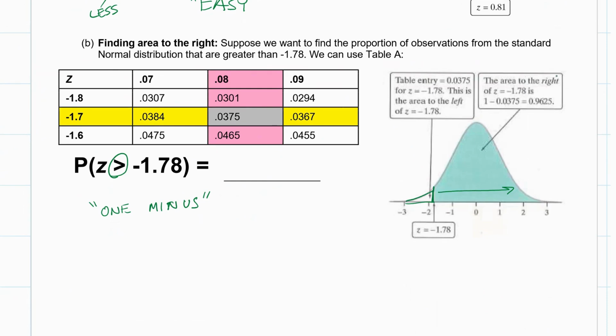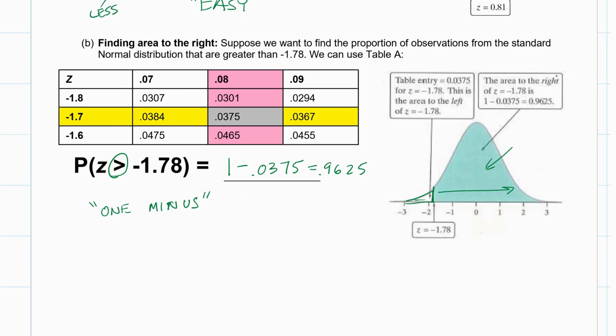Well, because the total area under the curve is 1, we can look up the number to the left and subtract it from 1. And when I subtract 0.0375 from 1, I get 0.9625. All right. And does that look like about 96% of the area under the curve? That's a lot of area under the curve. So the answer is yes,